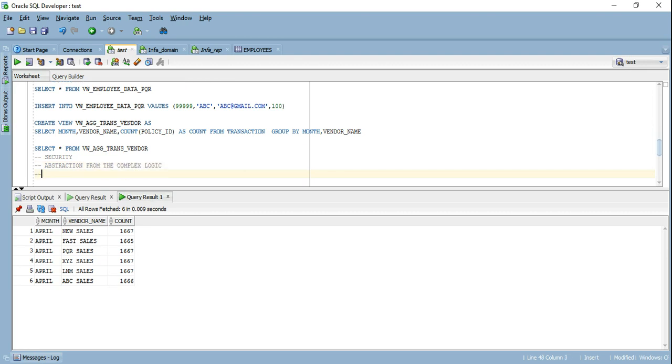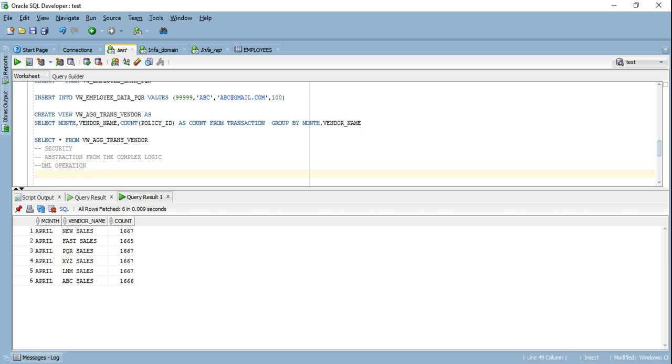It supports DML operations. In case we drop the table, the view will not be dropped, but it will fail because the underlying table is missing. Then there is a performance aspect, and we will discuss that in the next video maybe. These are just views. There is something called a materialized view in Oracle as well. We won't discuss that, it would be a little too much for this video, but this is how you can create a view, and what you actually need to know about views: their relevance, how we create them, and whether we can do DML operations.